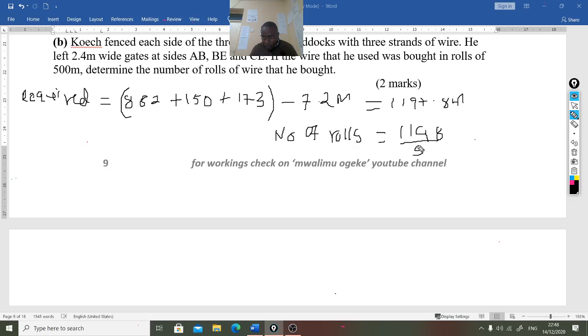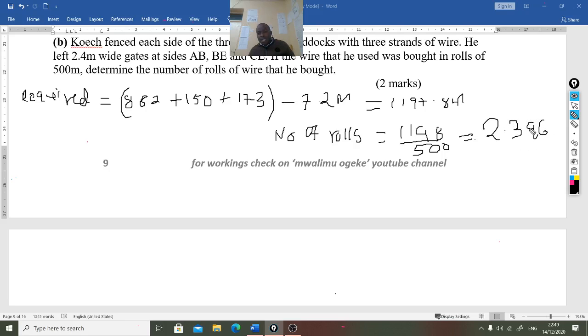That gives you 2.396. That means you needed 2 rolls, and